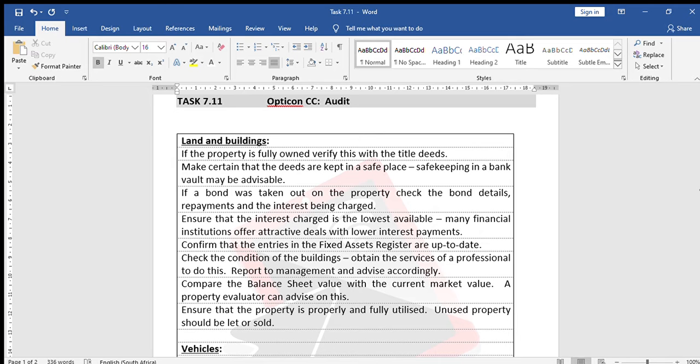Okay, so for land and buildings, if the property is fully owned, you would verify this with title deeds. Make sure that the deeds are kept in a safe place, so either at the bank or in the safe. If a bond was taken out of the property, check the bond details, repayments, and the interest being charged. The bond amount would also be on the balance sheet, so you could also go look at the bond statement